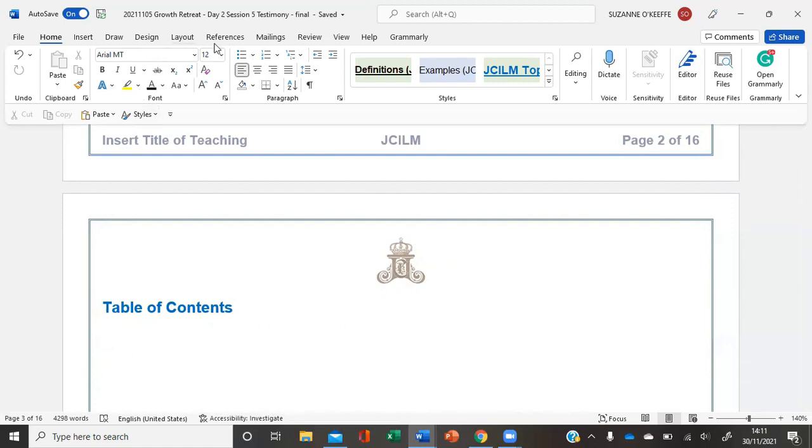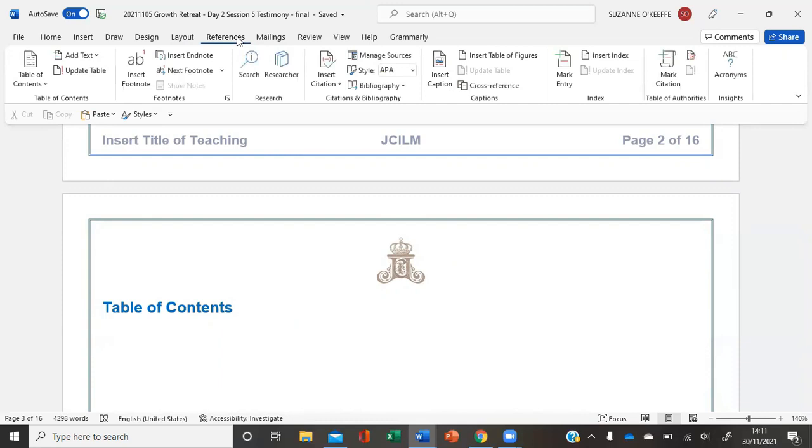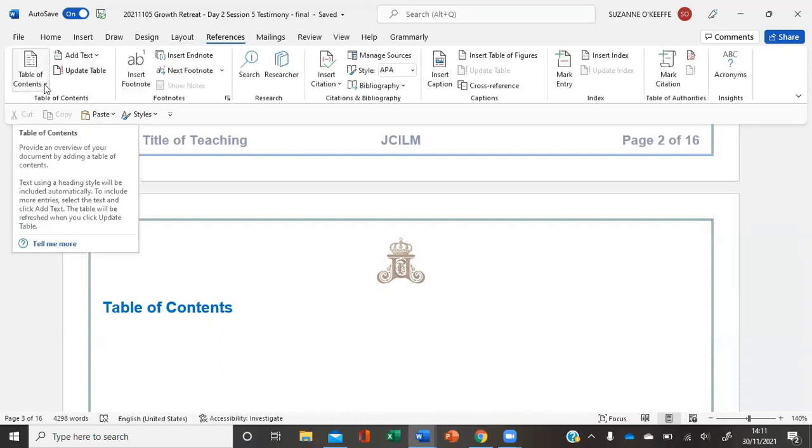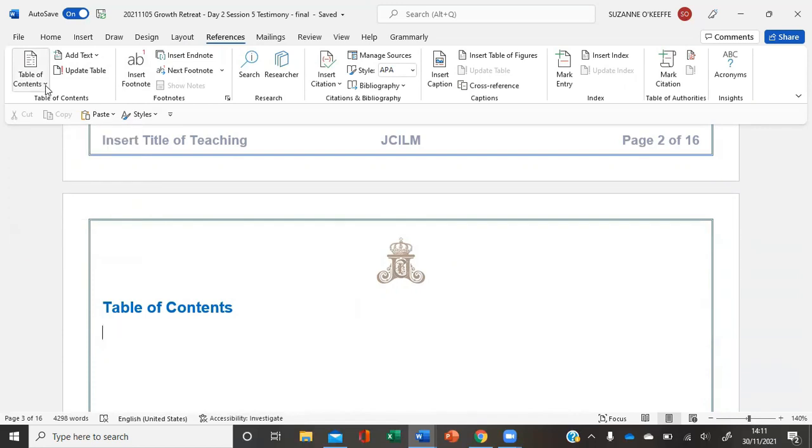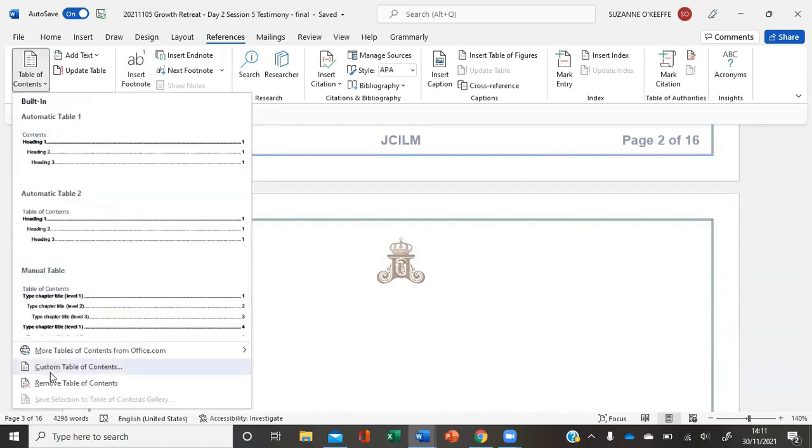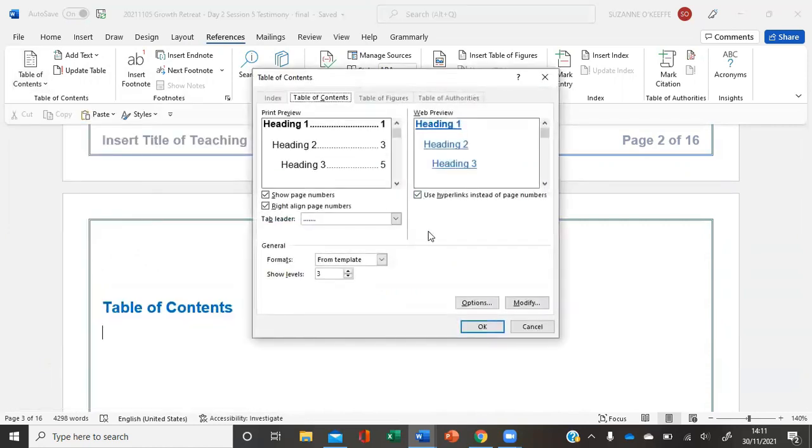So you've clicked return, then you go up to References tab, go to Table of Contents and click the small arrow pointing downwards. So we're going to customize our own table by clicking on Custom Table of Contents. So click on that. Now I have already set this, and just double check it when you go into your document. So it's already been set to, so options,